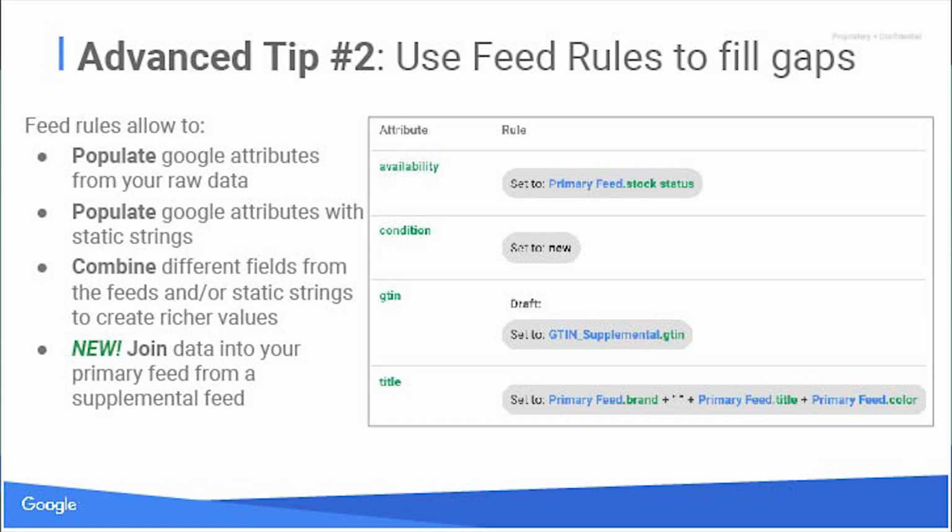And then finally, this last point really talks about data optimization. So I'll talk to you a little bit about how title structure is important. If you're not able to source a very keyword-rich title directly in your feed, you could actually write rules to build your title using other attributes from your feed. So you can see in this example here, I'm actually setting my title so that brand comes first, and then I'm including a space, and then my title that I already have, and then I'm adding color. So these are just a few examples of how you can create rules to fill in the gaps and to optimize your data. And we're really going to expand on this.